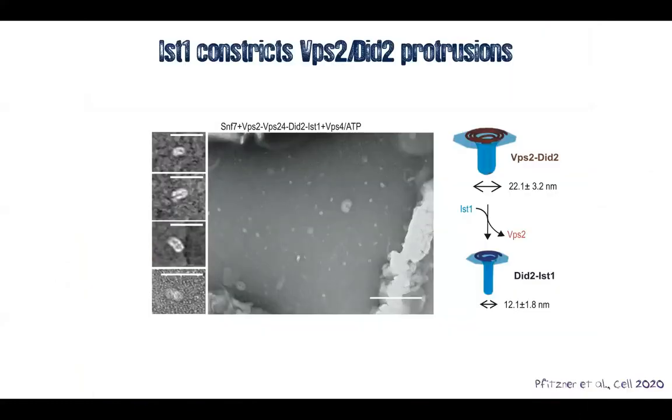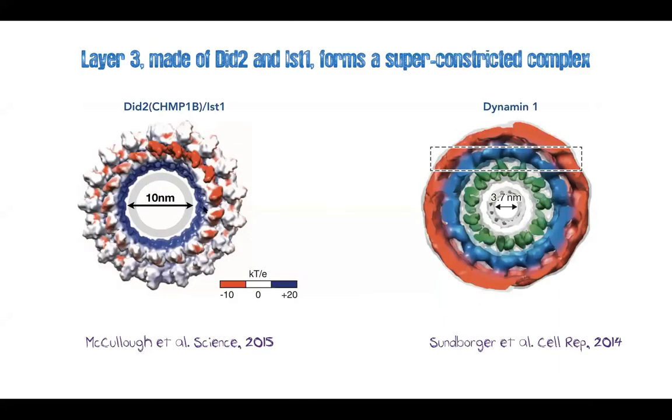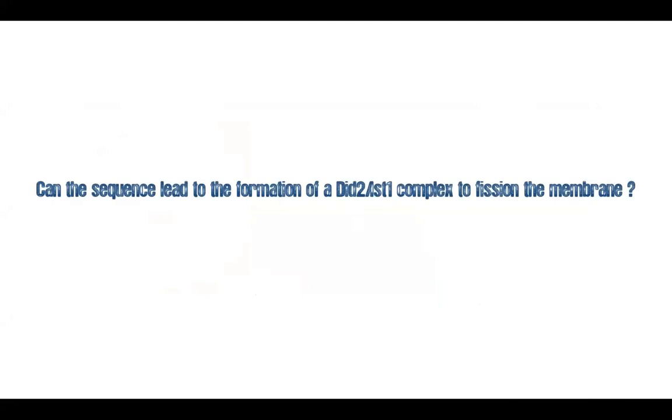The third layer is actually also constricting, and you can see on those pictures that we get a very, very tiny invagination if we add IST1 to D2 VPS2 structures. This is interesting because the size of those structures was already studied by Adam Frost, and it has the dimension of a dynamin 1 complex, which is a fission complex. So we wanted to know whether this could be the fission mechanism